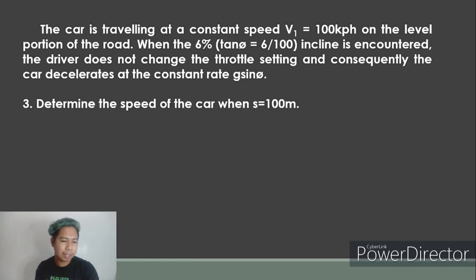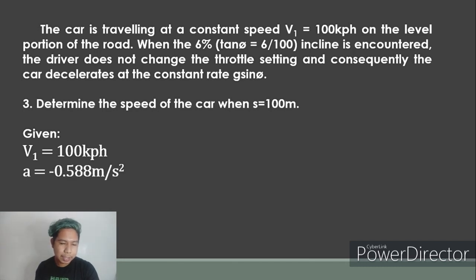Siyempre, ulit-ulit tayo, given na naman. Ano ba yung given natin? V1 is equals to 100 kilometers per hour. Acceleration or deceleration is equals to 0.588 meters per square second. Then distance ay